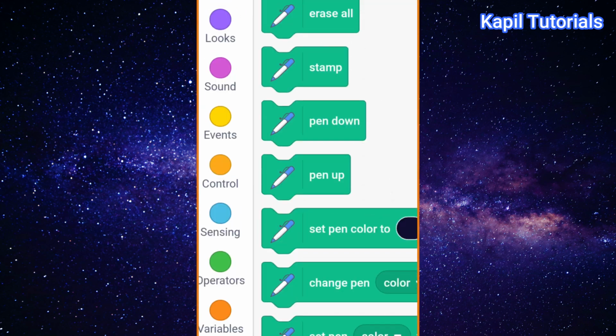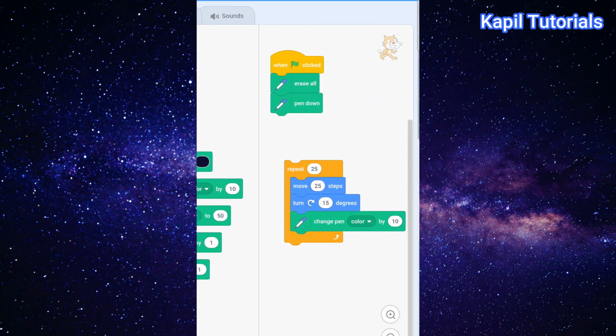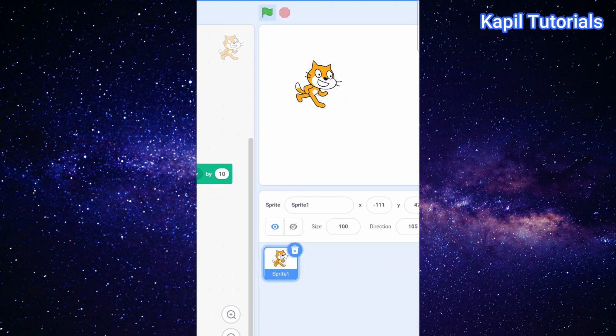I'll click here, pen down, it's here, the pen down command. So I'll just drag it. Now I think it will work for me. Okay, so it's working for me and it's simply creating one circle.